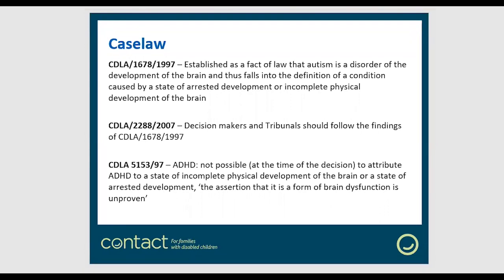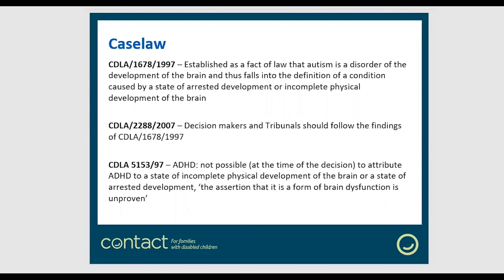But in terms of this particular case law, I'm flagging these ones up because they're quite helpful. The first two cases here are quite helpful, particularly if you've got a child who's got an autistic spectrum disorder, because these decisions, CDLA 1678 of 97, it was a very detailed case. It was looking at the medical understanding of autism. It involved quite eminent specialists in the condition, and that decision established as a fact of law that autism is